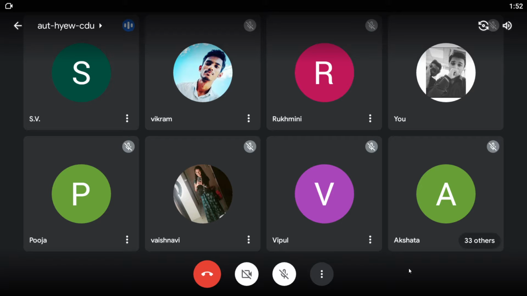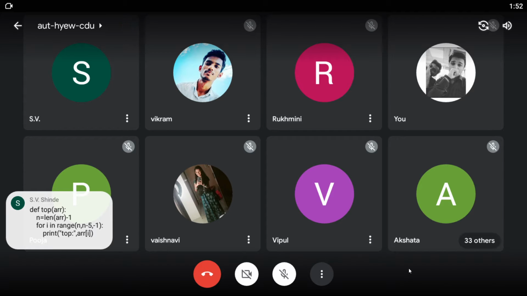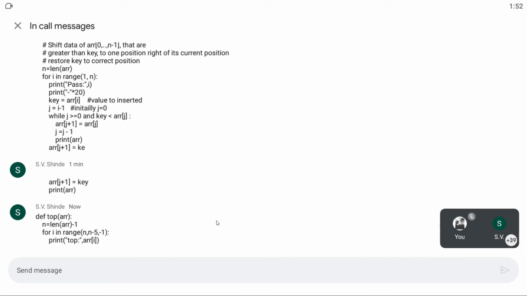Suppose you want to print the toppers, so I'll put the topper function. This is the topper function where you will be able to print the top 5. So if in exams it is asked to implement insertion sort using floating point data and display the toppers or top 5, this is the simplest answer you can give with all these function definitions.